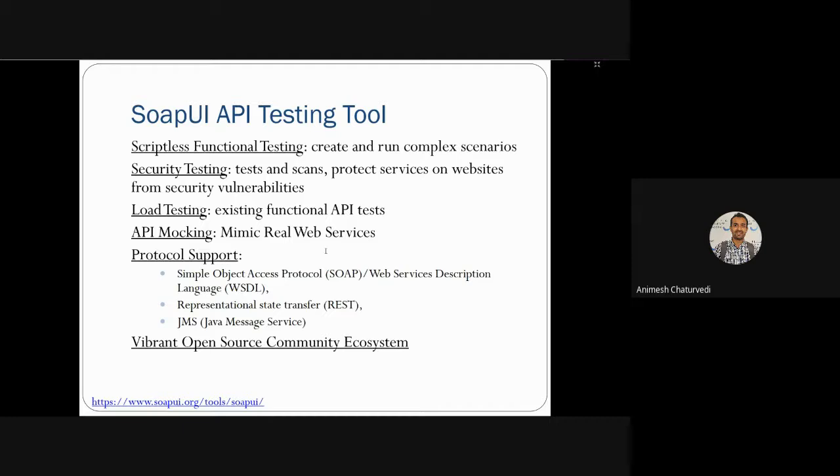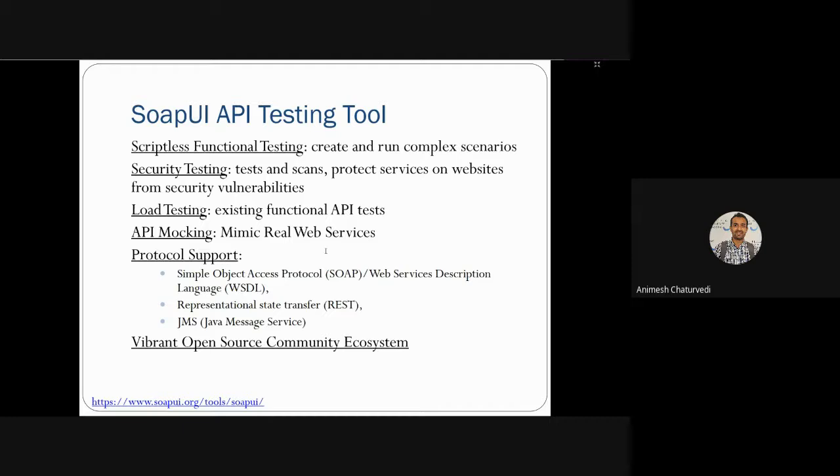Then API mocking, where you mimic a real web service. Mocking means you create an imaginary client and create a feature of that client, which mimics a real web service client or the web service itself.